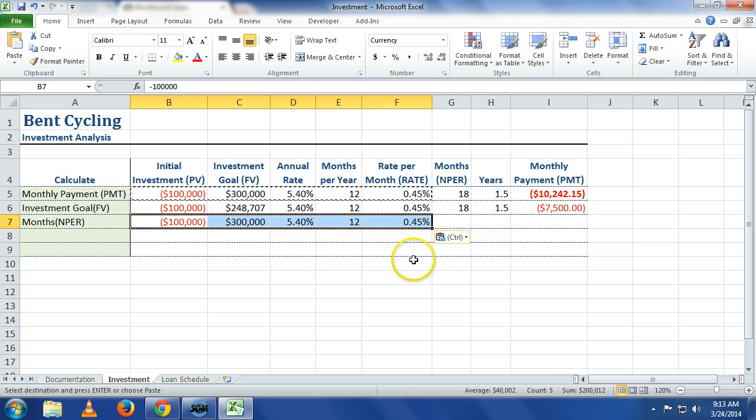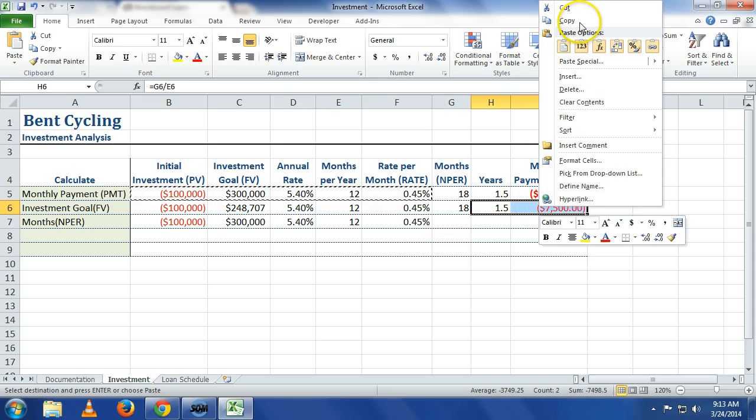So I want to get to 300,000. And I'm going to invest